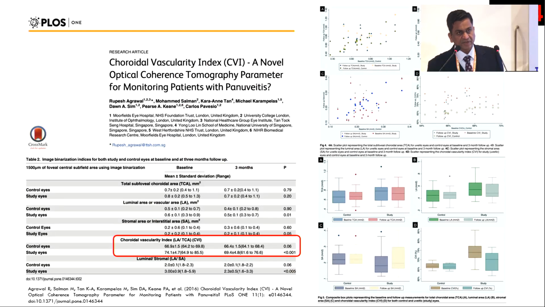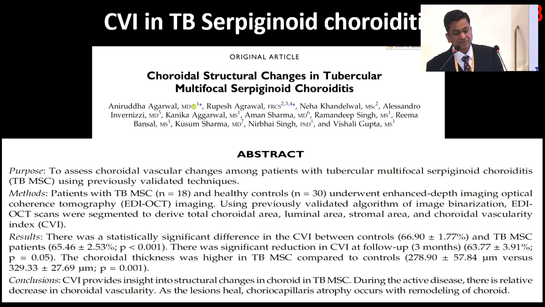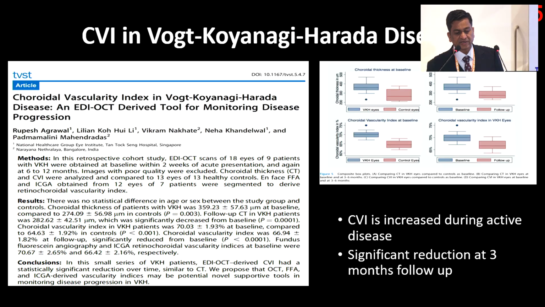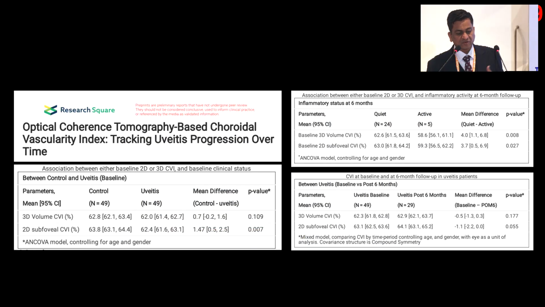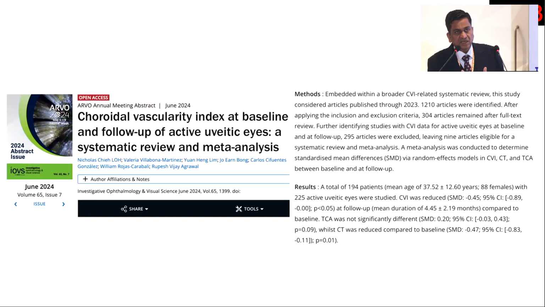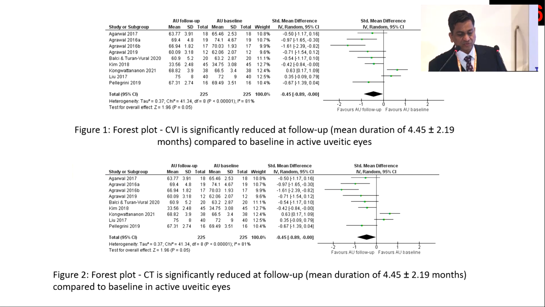I think they might have some merit, but we continued to publish, and these were some of the publications of choroidal vascularity index in patients with uveitis, whether pan-uveitis, serpiginous choroiditis, VKH, and again VKH in another group of patients from India, Chennai and Bangalore. We looked into multiple papers, and the paper we are writing now is a meta-analysis of all the publications on CVI in uveitis. This was presented at last year's ARVO, and hopefully this paper will be coming soon, presenting what CVI can tell us in the context of uveitis.